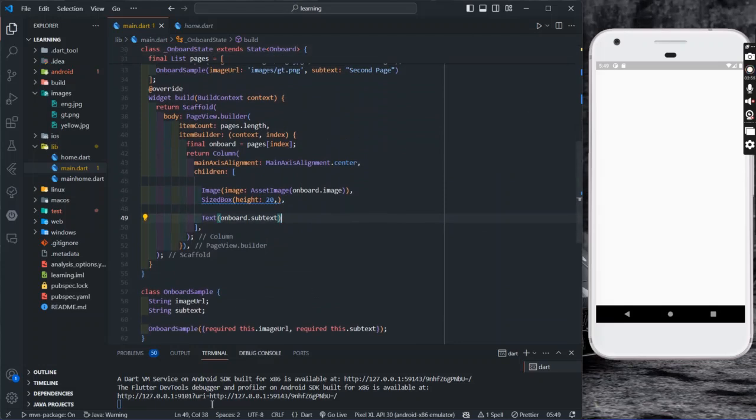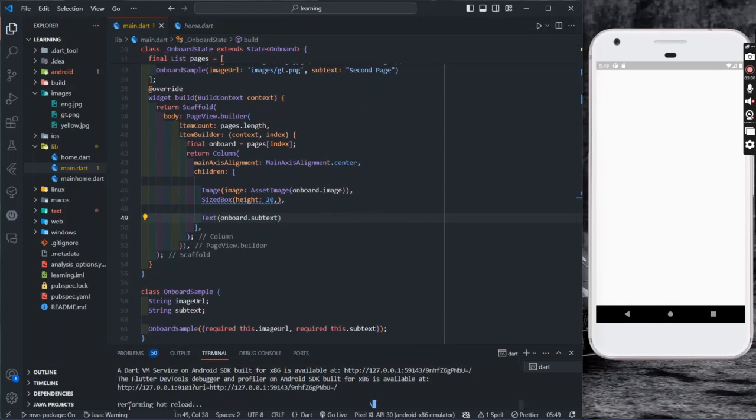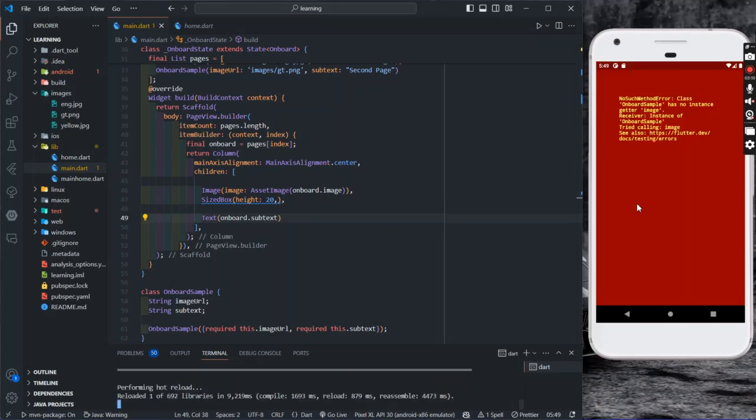So let's run our code. Let's refresh our page here and see whether our code is valid. So as the code is running,